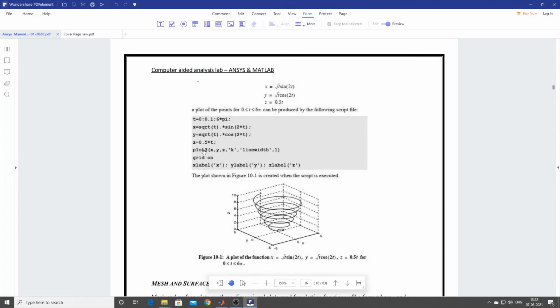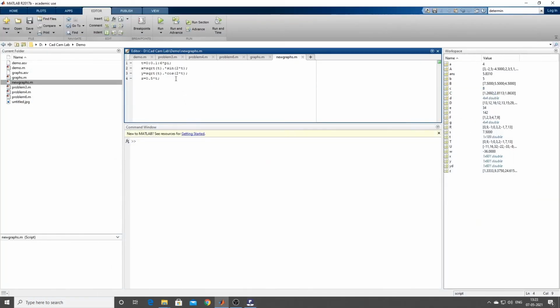Now how do we plot it? There is a command called plot3. Plot3 is used for 3D graphs. So x comma y comma z, you just have to give x comma y comma z, that's it. Enter plot3 of x comma y comma z, close. Now if you just give run, what is going to happen?